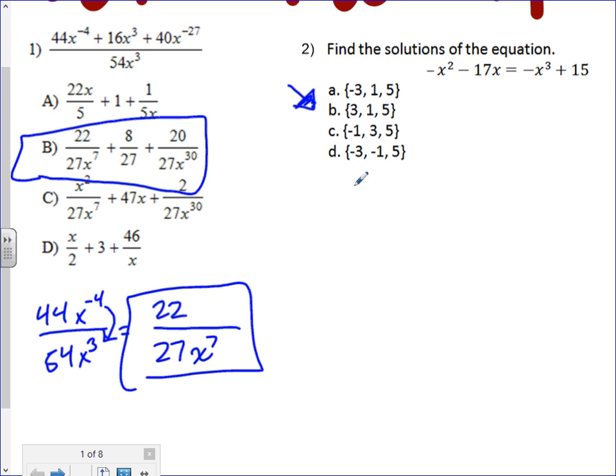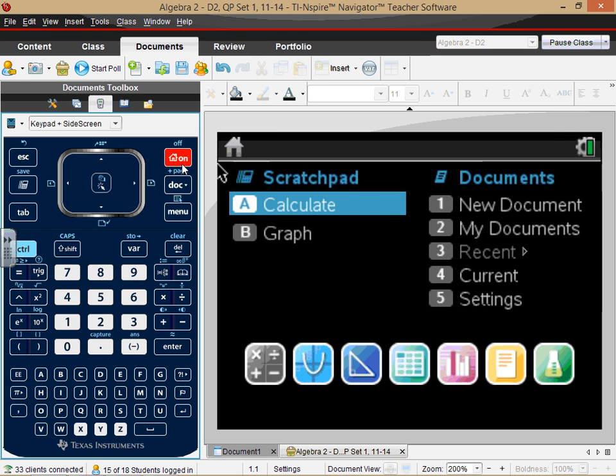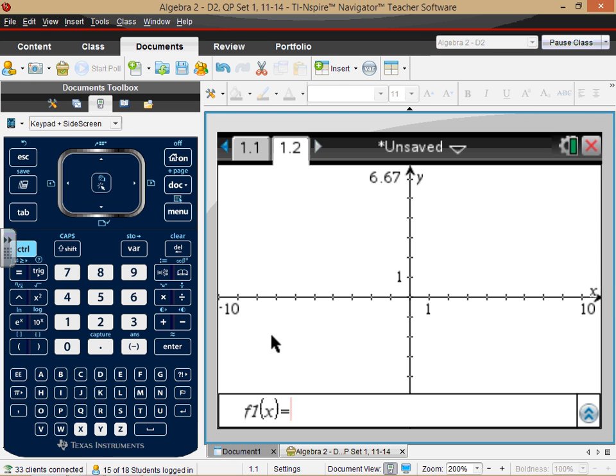Okay, what did you do? Okay. 3x minus, x to the third minus x squared minus 7x minus 15 equals 0. Okay, then what did you do? How did you put it in the calculator? I like that. So what was it again? X to the third